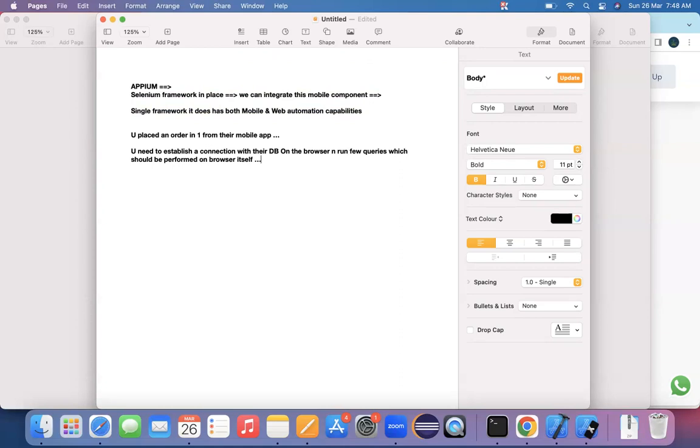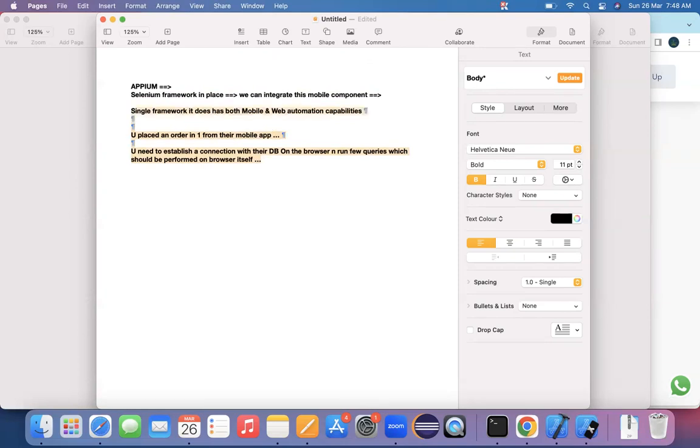So that's the reason: once we are done with the mobile app activity, we will establish a connection with a browser on a laptop and retrieve the desired information there. That's going to be a different chunk.